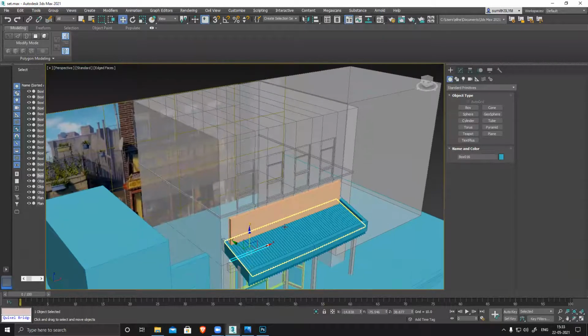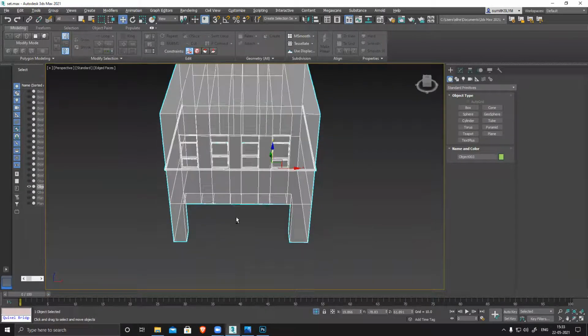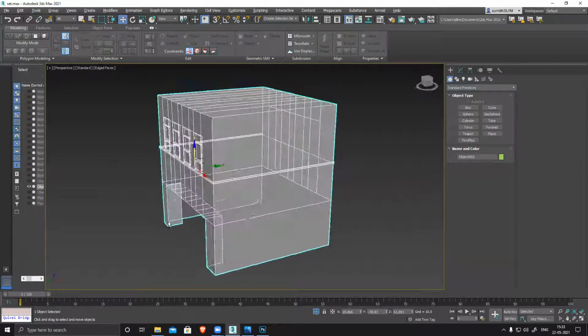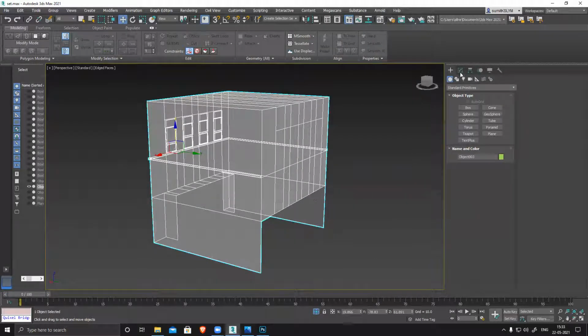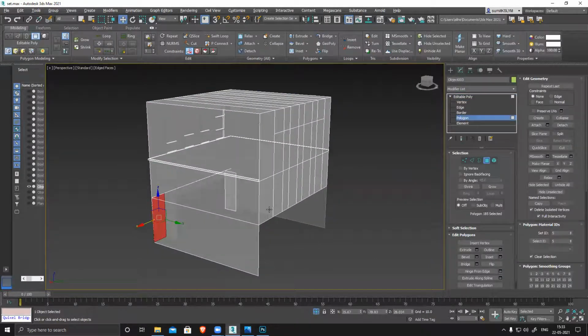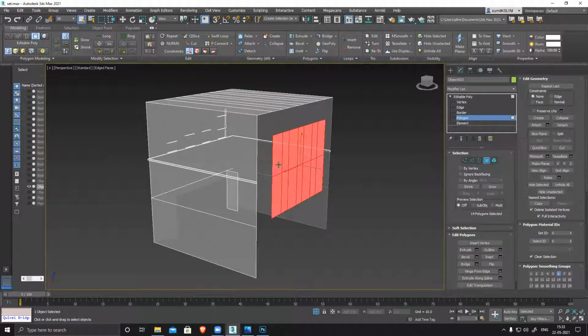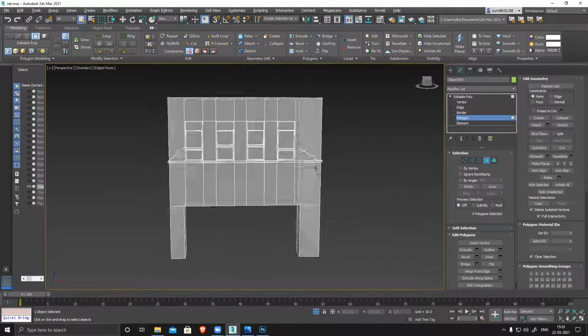We'll create the bench, and before that, I'll just simply fix this one. This one has a lot of unwanted polygons and unwanted loops. So I don't want this to continue till here. It's not required. It's not visible. So anything that is not visible or unwanted, delete them. Delete, double click, delete. This part is entirely clean now.